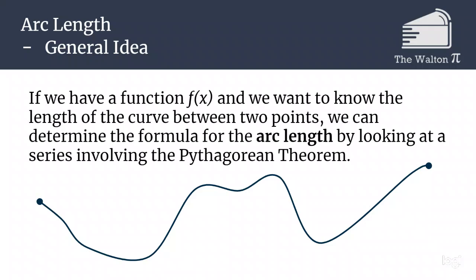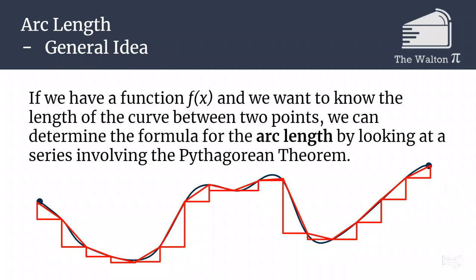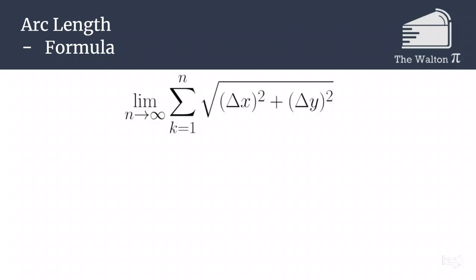For example, if we are trying to figure out the length of this curve, we can approximate it by looking at these triangles. If we take the limit as the number of triangles goes to infinity, we are then going to be able to evaluate the actual curve. If we look at this limit, there's a way to rewrite it so that it is an integral. So we are looking at the limit as n goes to infinity